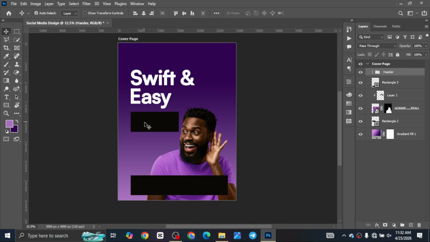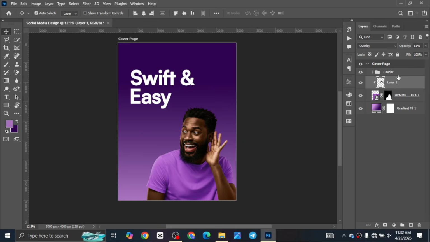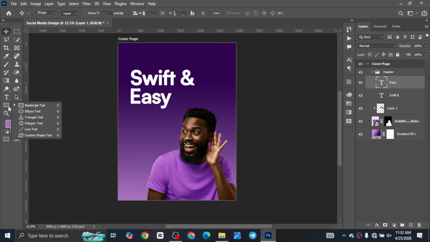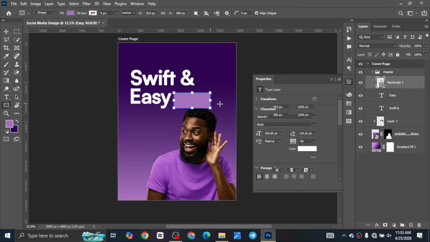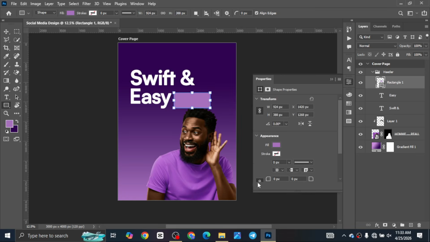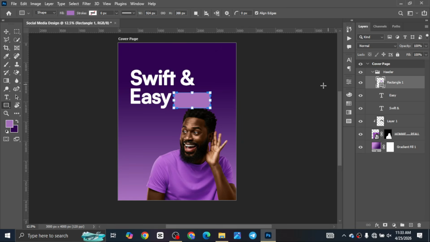So this rectangle, okay, let me delete this. The new rectangle I want to create, I want it to also be in that header. I'm creating the rectangle in that header so that everything will be the header. So I'm going to create a rectangle like such. All right, good. Now that I have my rectangle, I want to round it up a little bit, maybe 74,